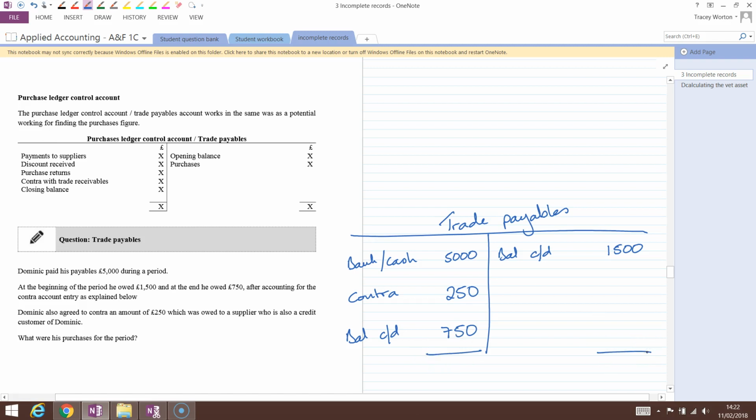So our debit side is greater, so debit side is 6,000. So we need to make the credit side also equal 6,000. We currently have 1,500 sitting on the credit side, so we have a missing figure of 4,500, which relates to an entry from the purchases day book. So we've established that our purchases figure being our missing figure of